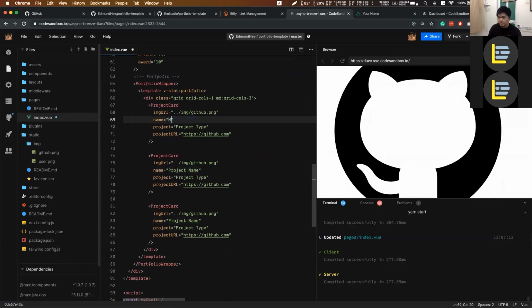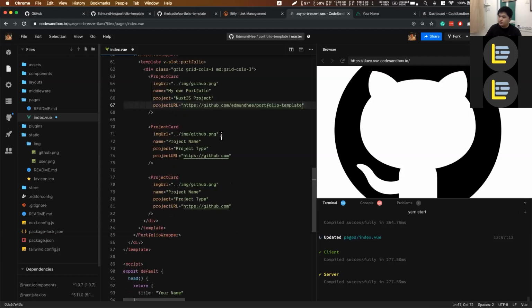Let's say my own portfolio, and this is a Nuxt.js project, and the GitHub link. So the link to this website project, it's under admin he portfolio template. So if I save this one,